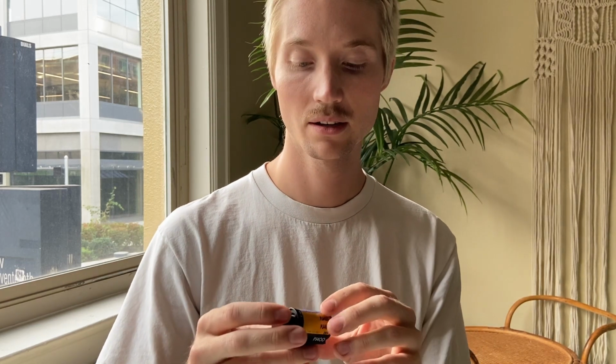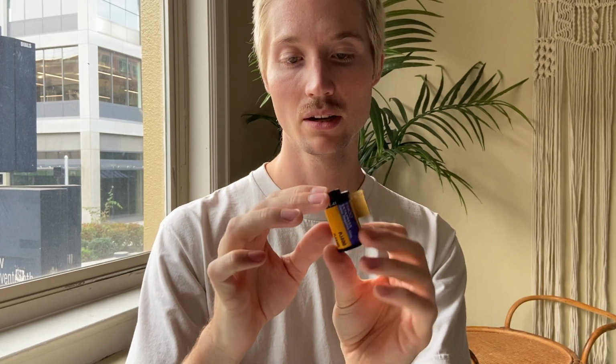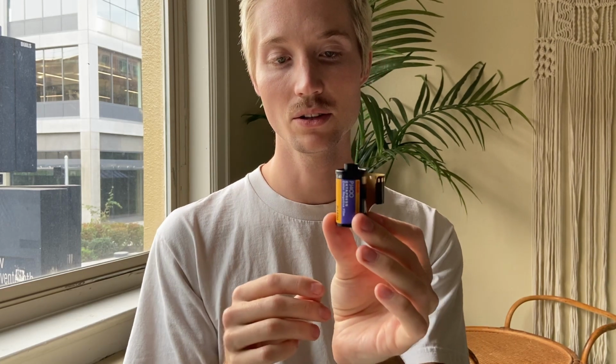This is Kodak Ektapress 400, which I believe is a predecessor to Portra 400. This roll I got off eBay and expired in 2000. So I'm just going to shoot it at 200. I'm going to overexpose it by one stop. I'm not really going to follow the rule of thumb of overexposing one stop per decade,